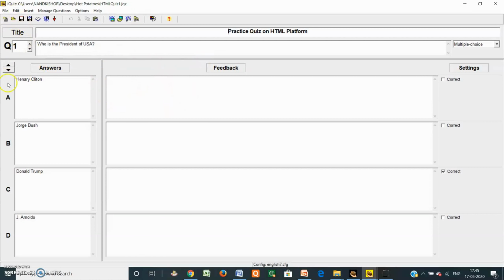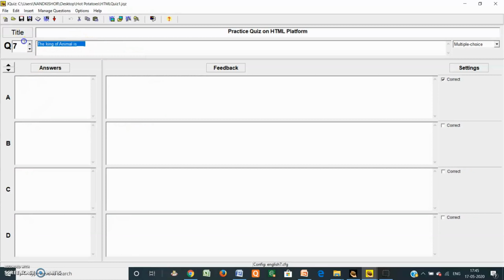Now suppose you want to add more questions later, you can go to the edit button, then you can select the question also. Just simply go and edit the question. Suppose you want to add more questions, just click here, scroll down, then already we have 6, then 7. So this is the 7th question.